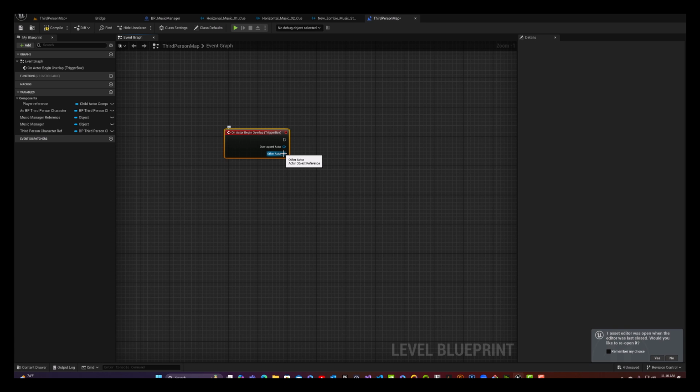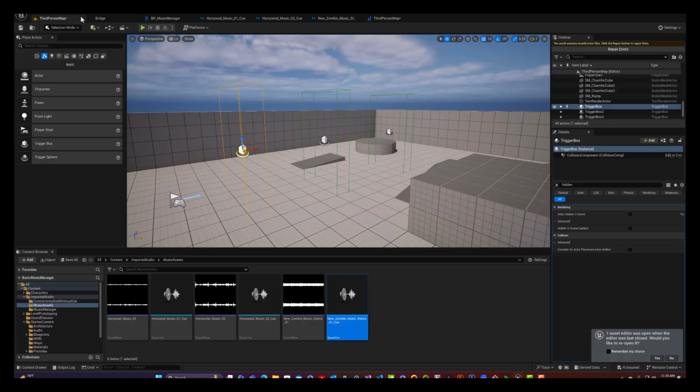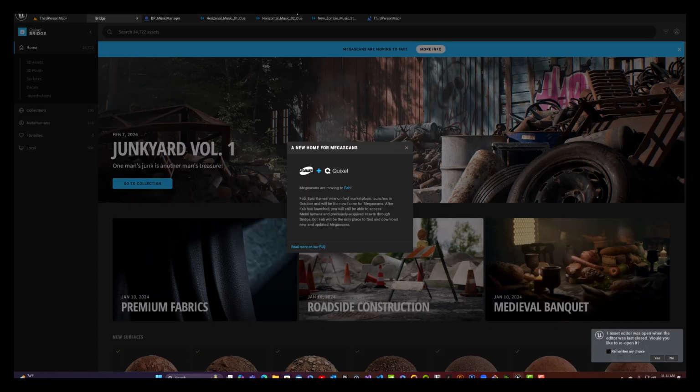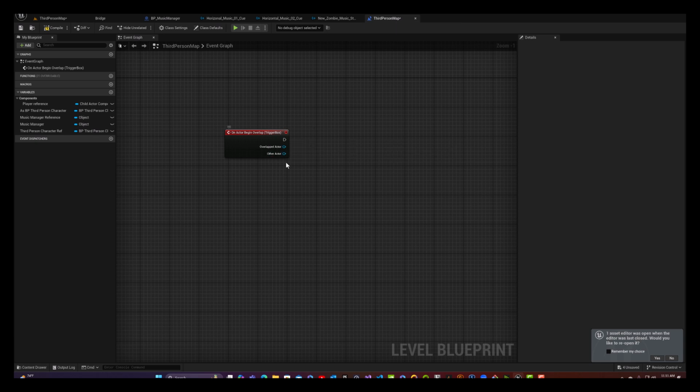So what we'll do is we're going to cast to our player character. Now, this is a little bit dangerous because we have a player start in the level. The actual character is not in the level. So when the game begins, it can be a matter of just a few milliseconds of timing. If this hasn't loaded the character by the time it's calling the cast, then the cast is going to fail, okay? But we're going to have to do cast to